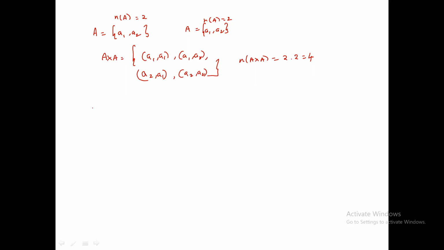Like this also we can take. Suppose you want to find A cross A cross A, that means you will have the elements a, b, c. We can't say ordered pair here; we have to say ordered triplet. This is an ordered triplet, whereas this we can call an ordered pair. Pair means 2, triplet means 3. Such that all the three a, b, c belong to A, but you have to take different combinations.